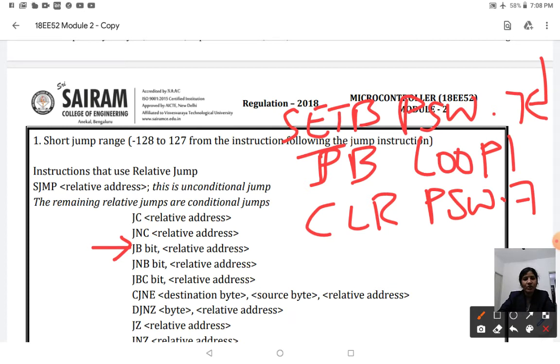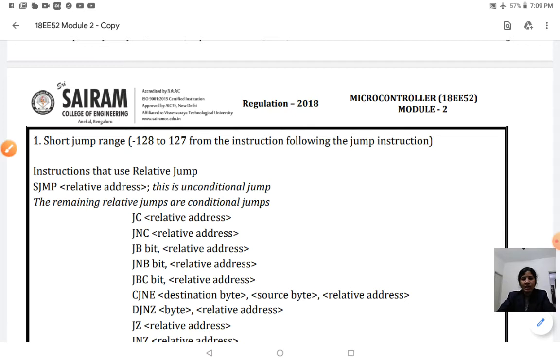If that bit is 1, it moves on to loop 1, else it follows the next instruction.